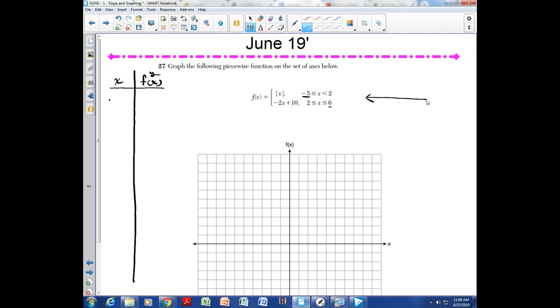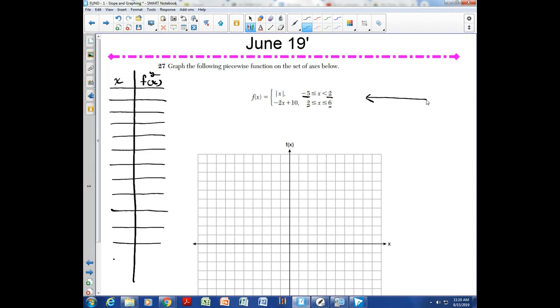So I'm going to put a line for -5, -4, -3, -2, -1, 0, 1, 2. Now you might notice that the number 2 is in both the upper and the lower. So I'm going to put two different places for that on my set of tables. 2 again, and then 3,